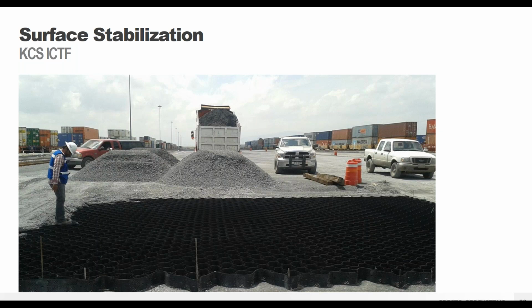So your haul trucks can just dump the aggregate into large piles without damaging the GeoWeb panels. And then either with something like a small front end loader or similar equipment, the stone can be pushed into the empty cells while the equipment can then drive on the filled areas. Workers can also hand rake the stone into the cells to ensure that there's complete coverage and filling in. And so it's a fast and efficient process.